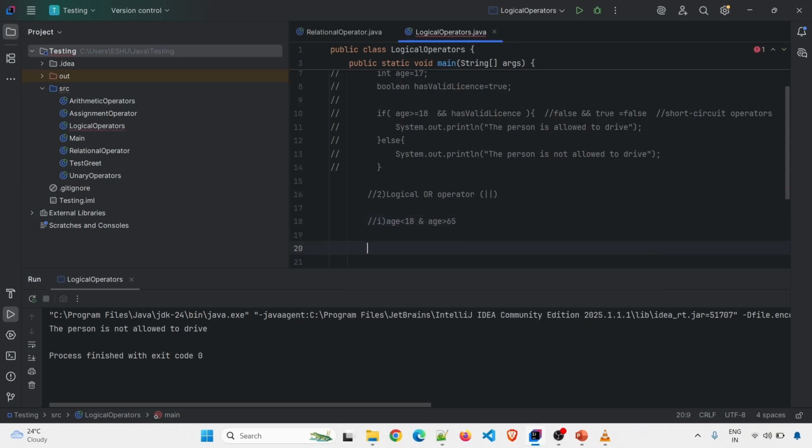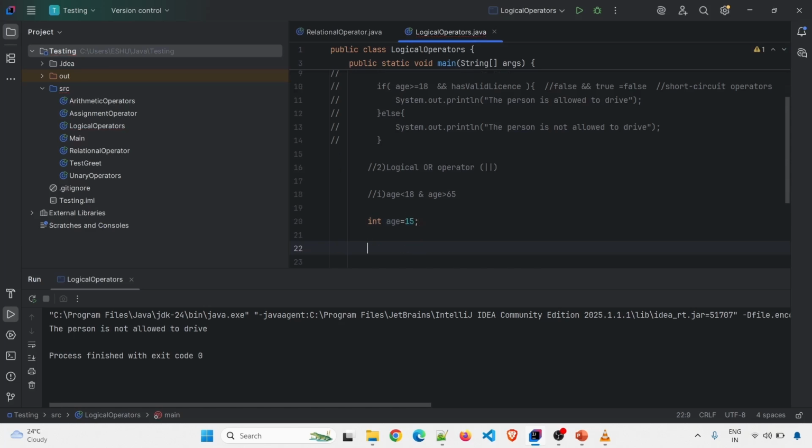So I will take a variable of int type. Variable name will be age. Suppose the person visiting my website is having age as 15. So I will write a program to check age less than 18. I want anyone who is lesser than 18, so I will not check for equal to 18. I just want anyone who is less than 18. I want to give discount to them, or